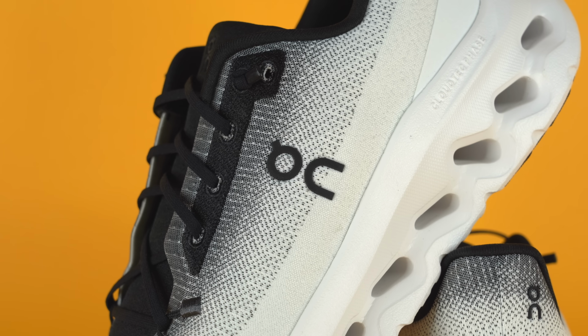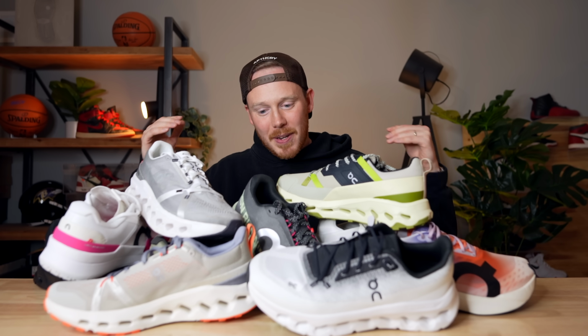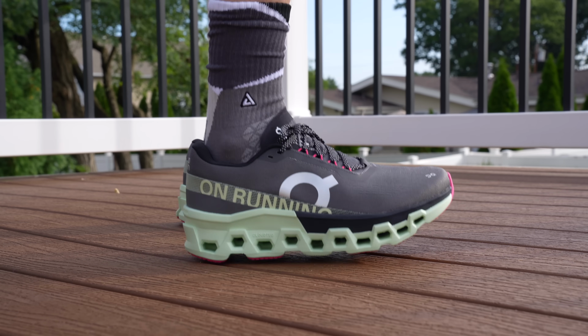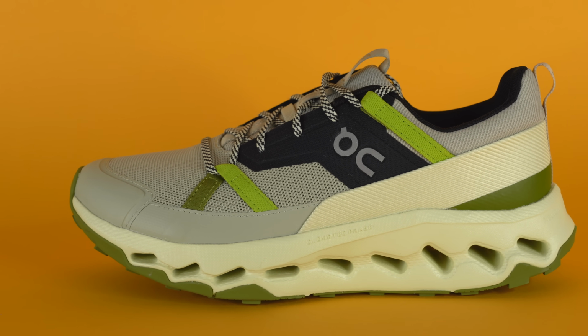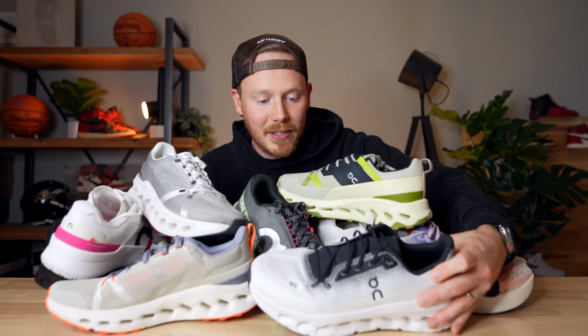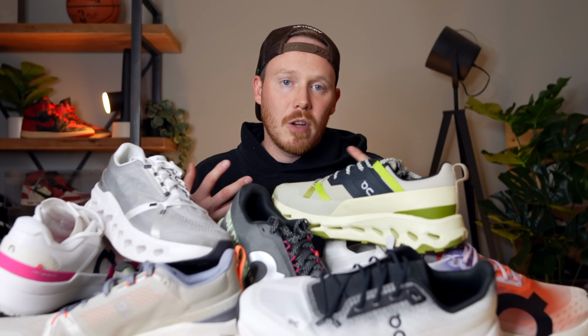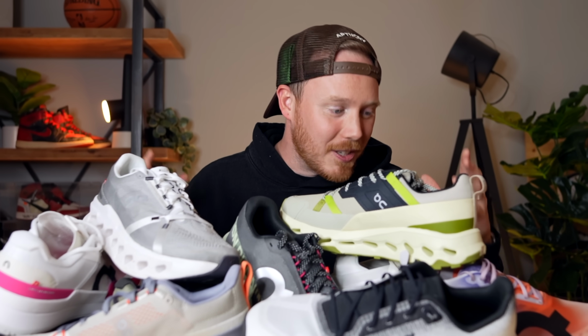These are the top 10 On sneakers of 2024 that you can grab right now. Over the last couple months, I've been totally immersing myself in the On world. It's a brand that I wasn't too familiar with a year ago, but the more that I've been wearing the shoes and trying them out, the more I've been really falling in love with them. In fact, for shoes like this, the On Cloudtilt, I paid $200, which is like $50 over retail because it was sold out. So in today's video, I'm counting down my top 10 favorite pairs of On sneakers